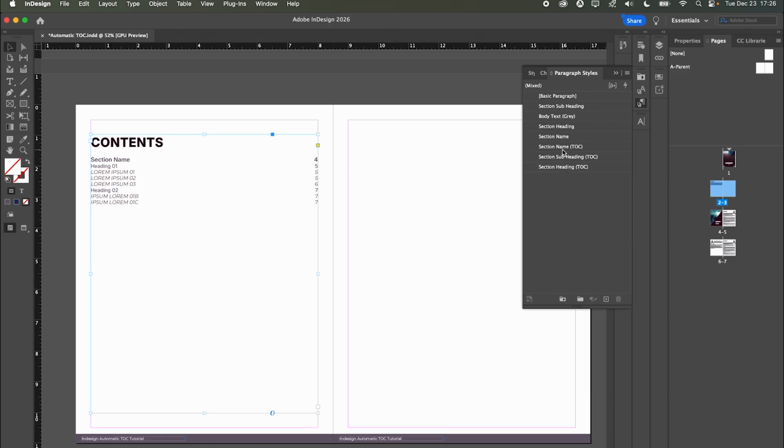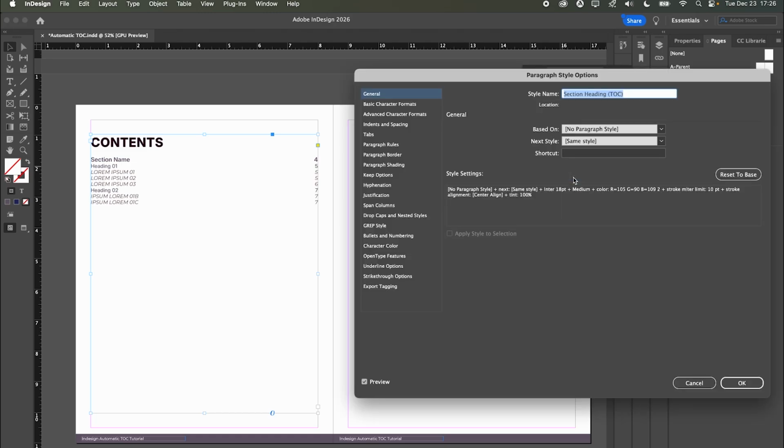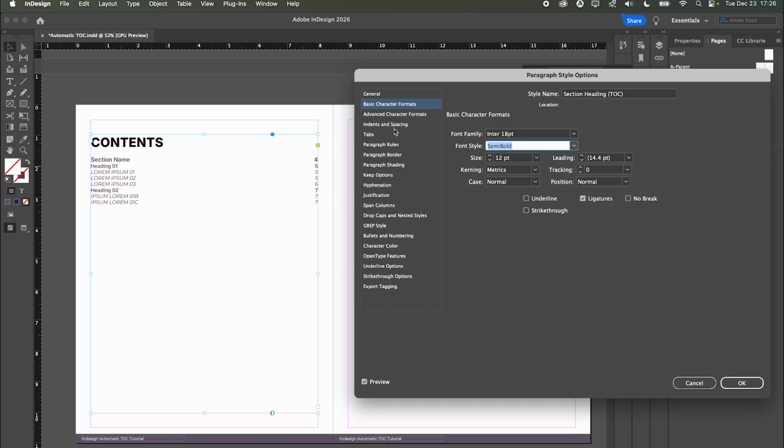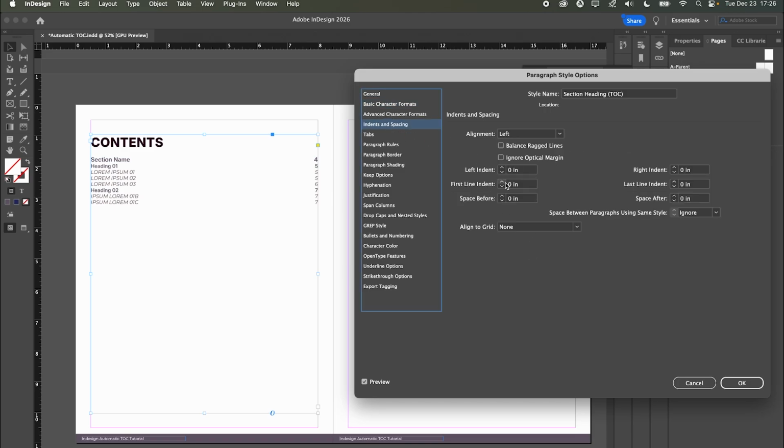Now going to the next section, that was the section name, and now the section heading. Okay, now I can see this style is not fine, we have to make it semi bold. So what I can do, go to basic character format, and from here we can select semi bold. And regarding the indent and spacing, just for the understanding, let's add a bit of indent, right? And the vertical spacing can also be put over here